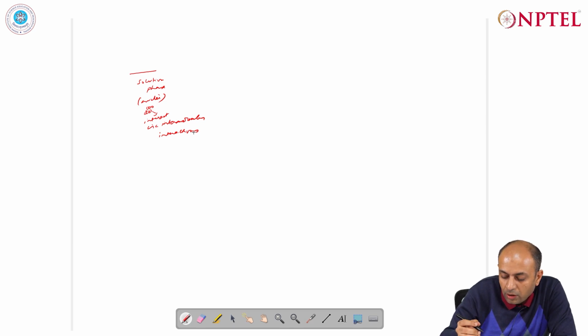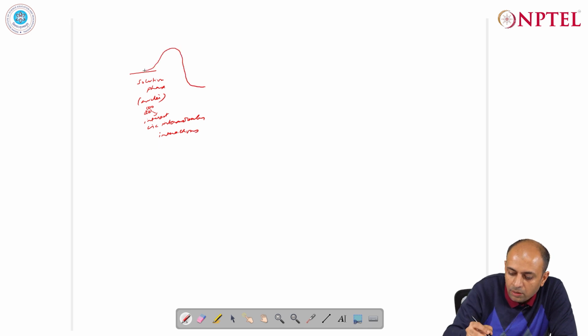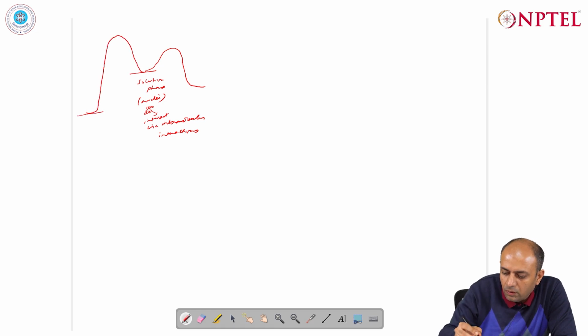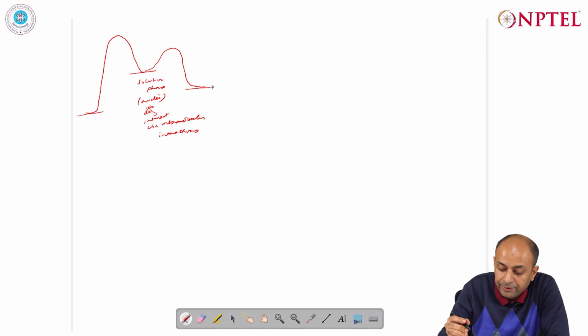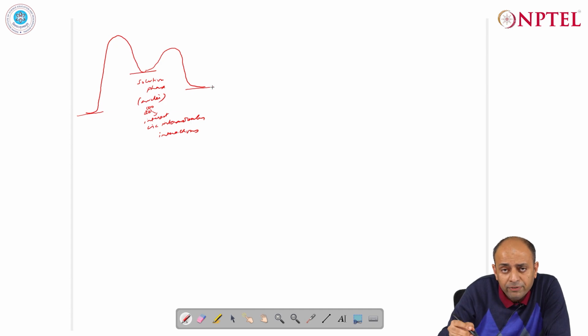And depending upon the barrier to crystallization, whether the barrier is small or large, we can have different kinds of polymorphs which can form. So in this case, if the barrier is less, that means the activation energy is low, then we have a kinetic crystal,